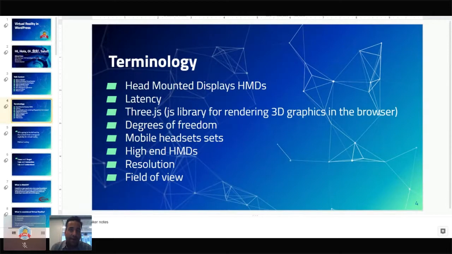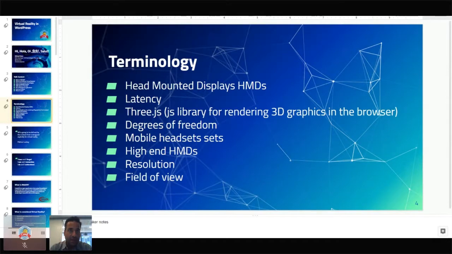This is very different when we deal with web VR, because with web VR, you can also experience it in the browser. And if you're using a browser, you could use your laptop, your tablet, your desktop computer, or also a mobile HMD like the Samsung Gear VR. Also, latency.